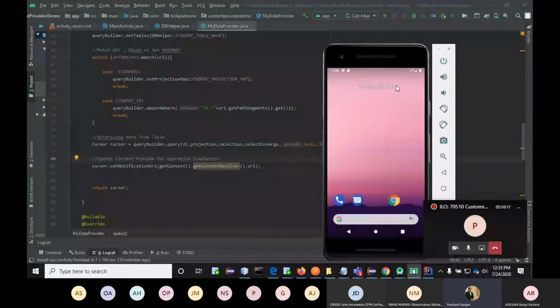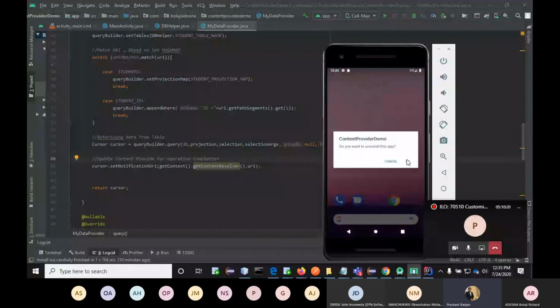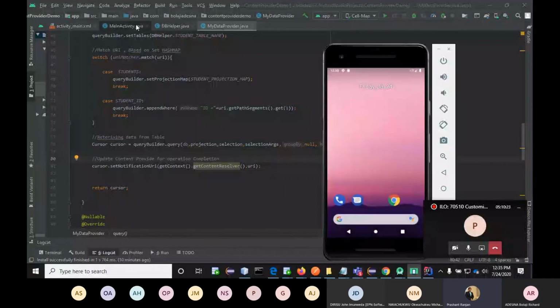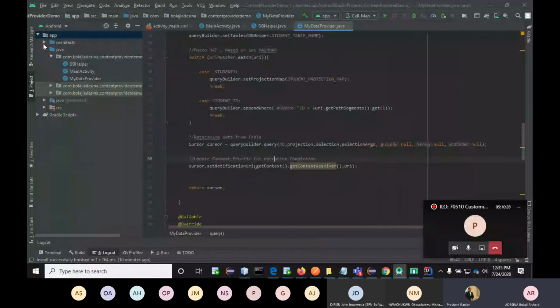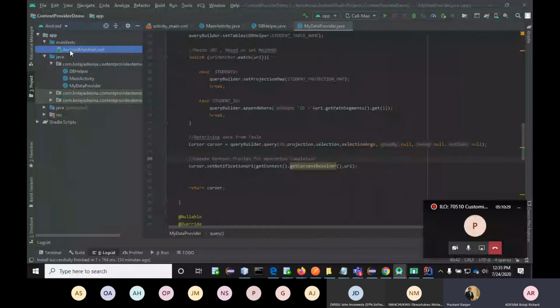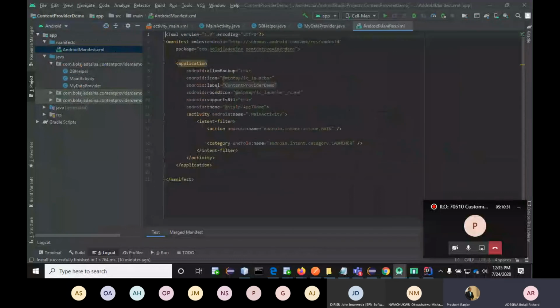Show me your manifest.xml file. Where is the provider tag? You have not added the provider tag. You have not given the information regarding your content provider.